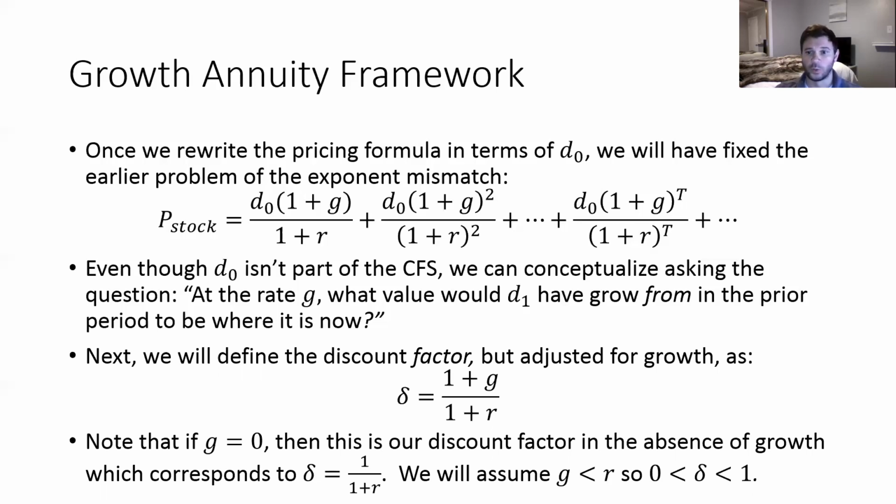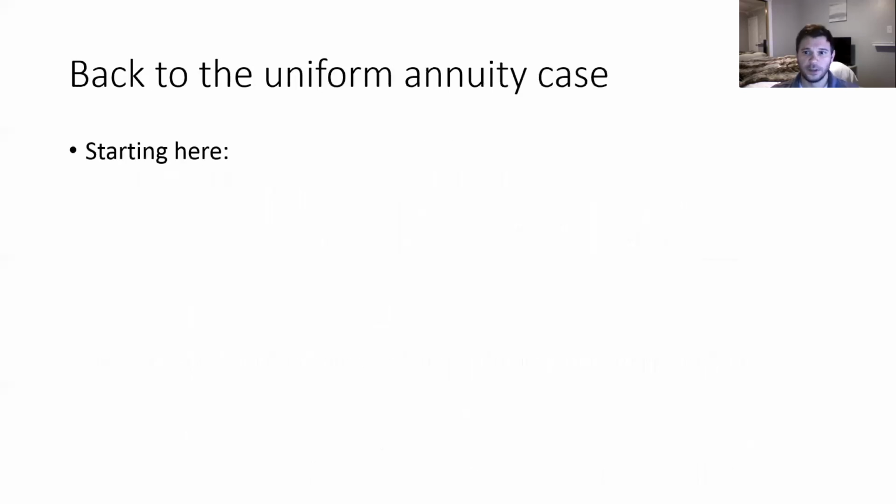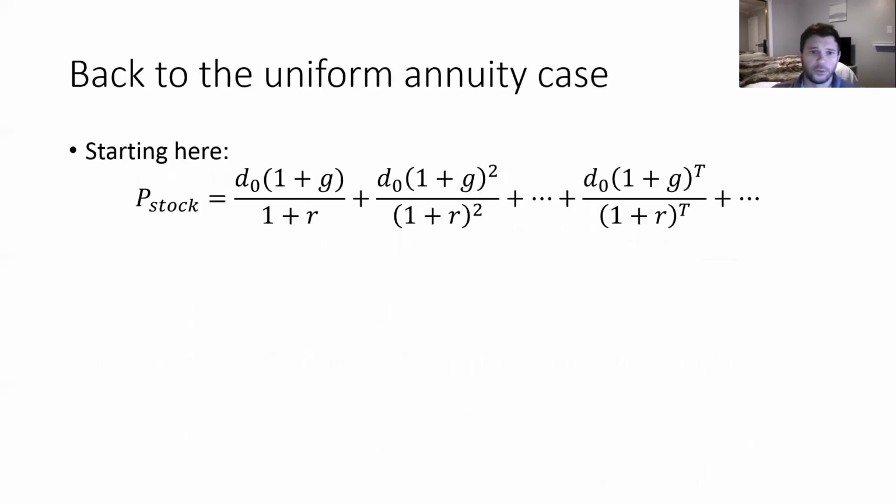It's between 0 and 1, so that when we square it, cube it, and raise it to higher powers, it gets smaller. And again, we remember we had some implications in terms of how patient people were in delaying future cash flow streams related to that discount factor as a measure of patience. So once we do this, we start here where we've written everything as a function of D0, our virtual